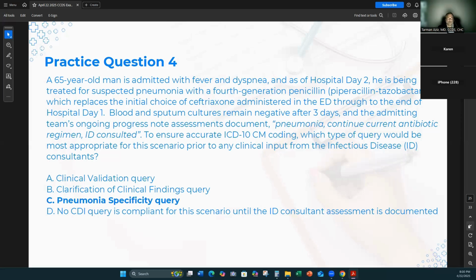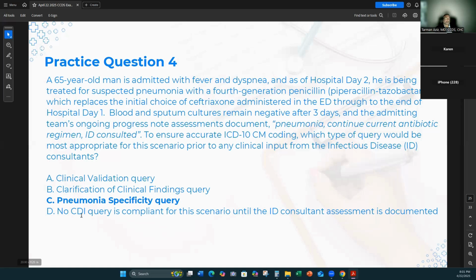And this is really just a repeat of the earlier question given to you a little differently. We need to know the type of pneumonia. So again, we don't question the clinical validation, clarification of clinical findings queries. We, of course, use those to establish a diagnosis potentially that is supported by risk factors, clinical indicators, and treatments, but is yet to be diagnosed. And since we have pneumonia already on the record, no need to ask if some of the findings line up with pneumonia. That's not where we are. We're looking for the type of pneumonia.